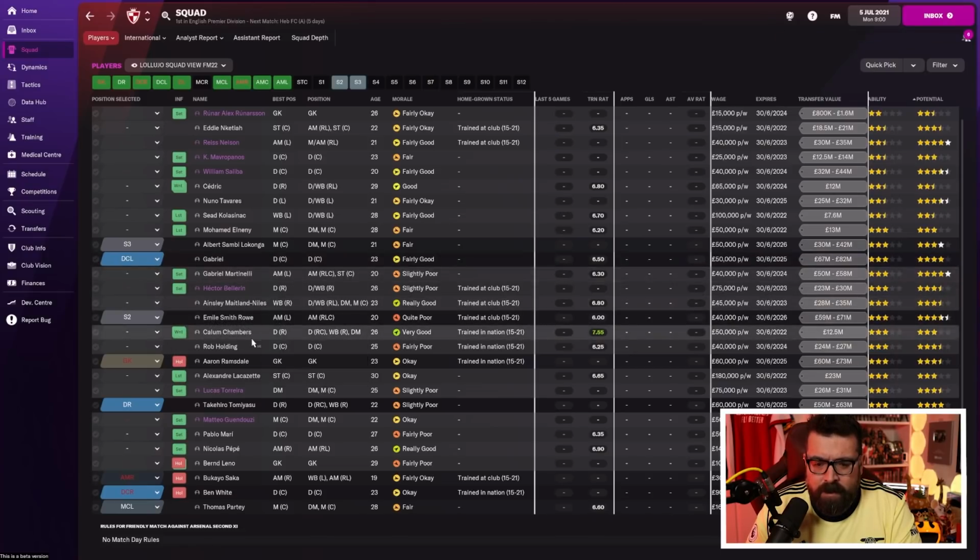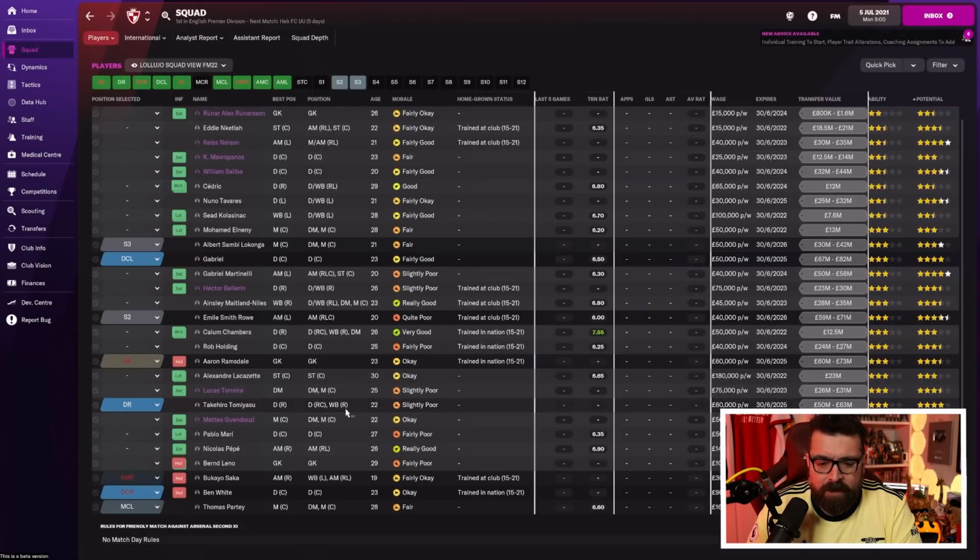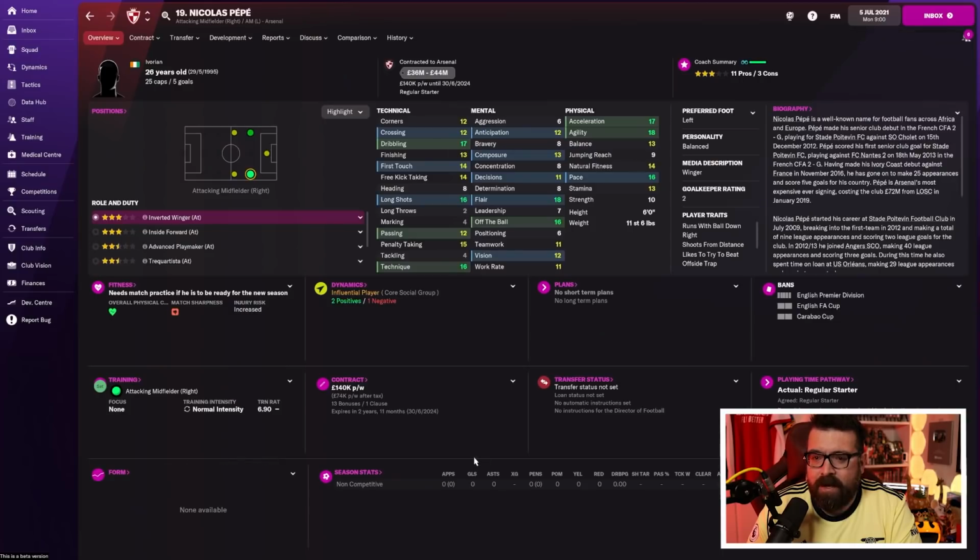Chambers. Did we already offer Chambers out? Yes, we did. Rob Holding, I think we keep for now, but if we do a lot of business and end up bringing in a defender, Rob Holding is close to being out the door. Mari is done. He can go. But I think if we're letting go of him and Chambers, we probably do need to bring in another centre-back. Pepe is one that I'm looking at and thinking,